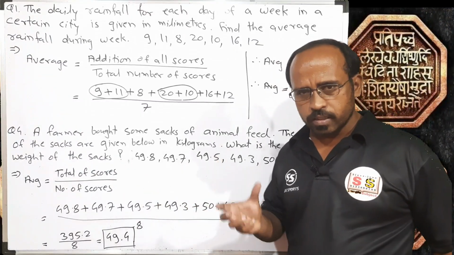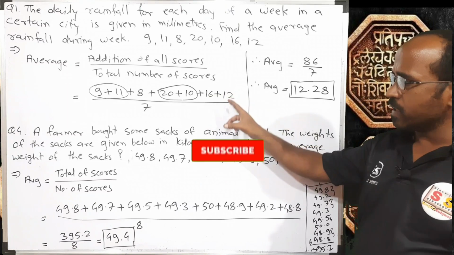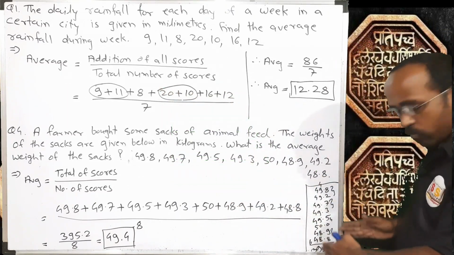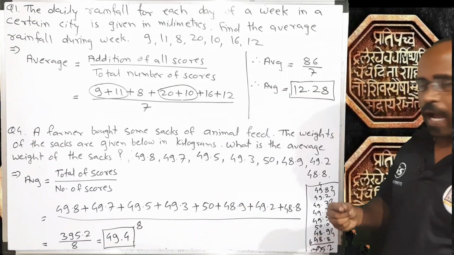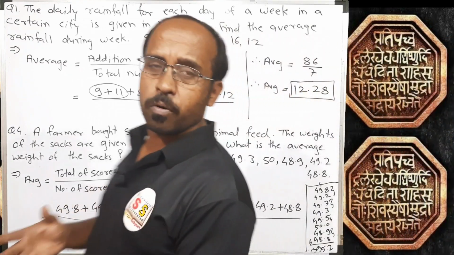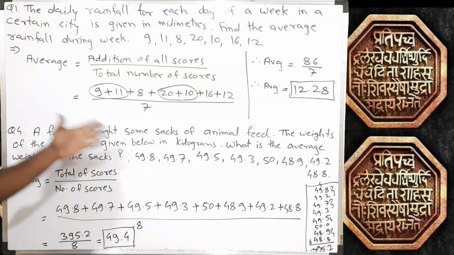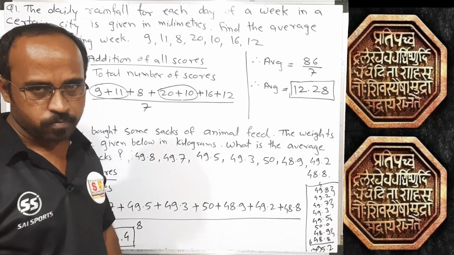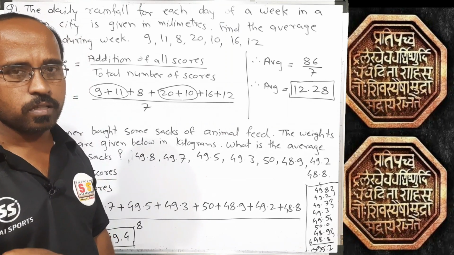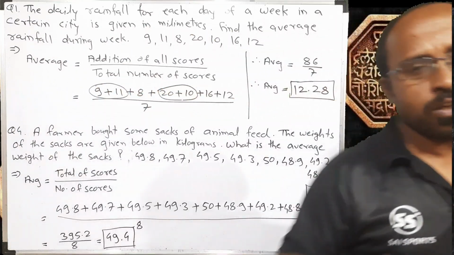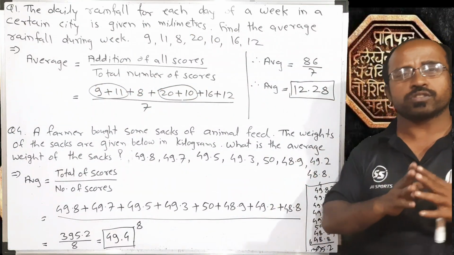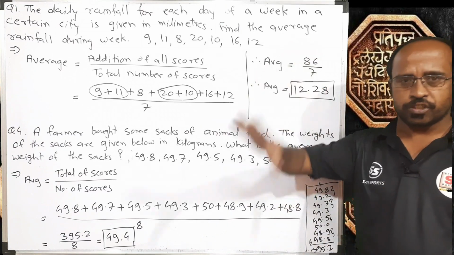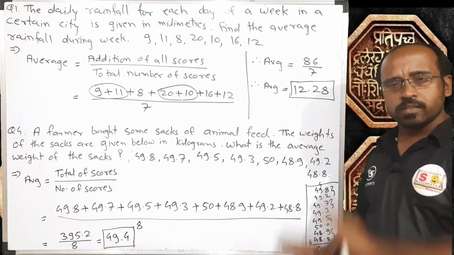Students, did you observe one thing? In the first example I did the calculation easily. In the second example I had to arrange the calculation properly to find the total. And what will be the case if the number of scores is much more? Here only 7 and 8 scores are given. What will be the case if scores are given for 50 numbers or 100 numbers? So how to deal with it? To find the average of such huge numbers, we have to make a frequency distribution table, which we are going to see right now.